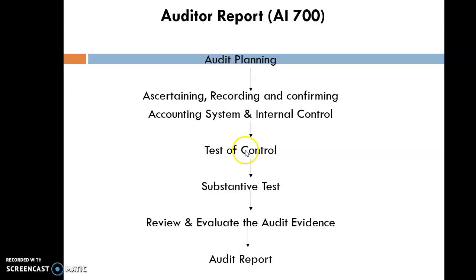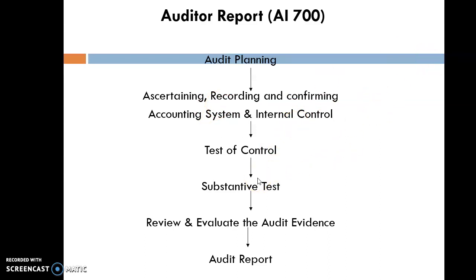Then the auditor has to do a test of control, where you test certain trends in the financial statement. For example, you see the comparison between the current year and the previous year, and see whether there are huge changes or only slight changes between the two years. And then